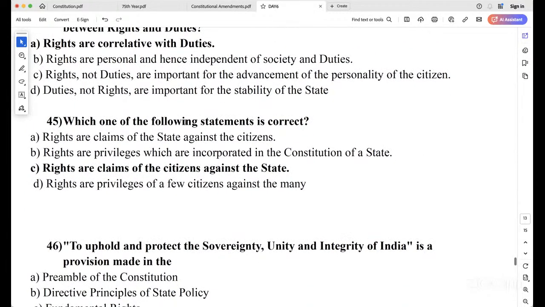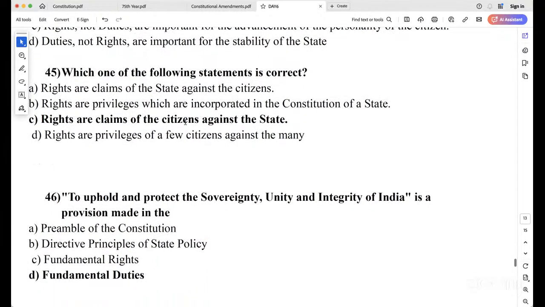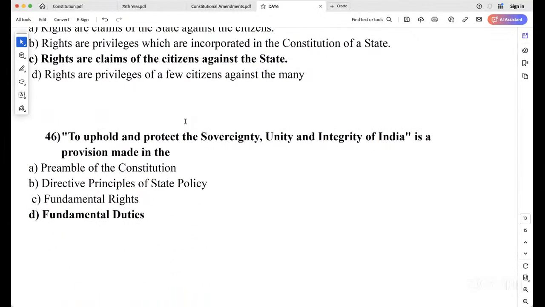Next, which one of the following statements is correct? Rights or claims of the state against the citizen. Is the state claiming the rights? Rights or privileges which are incorporated in the constitution of a state. Rights or claims of the citizens against the state. Rights or privileges of a few citizens against the many. It'll be negative; you can just omit it. And rights are not a kind of privilege. Rather, you have them just by being a citizen of this country, which you claim. Next. To uphold and protect the sovereignty, unity, and integrity of India is a provision made in the